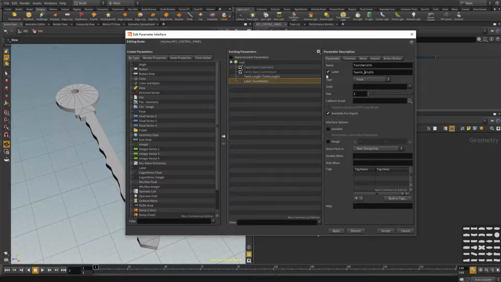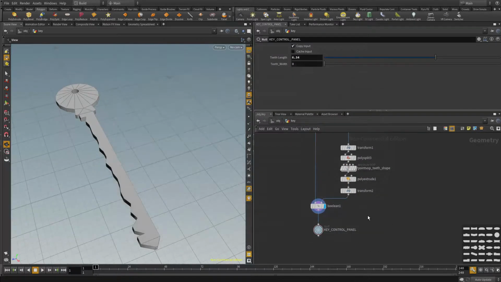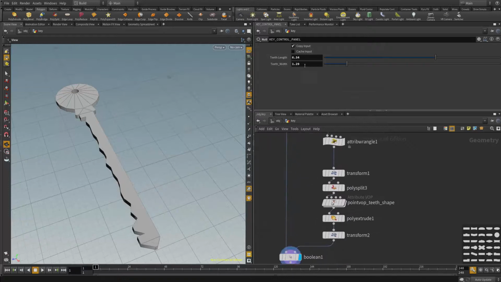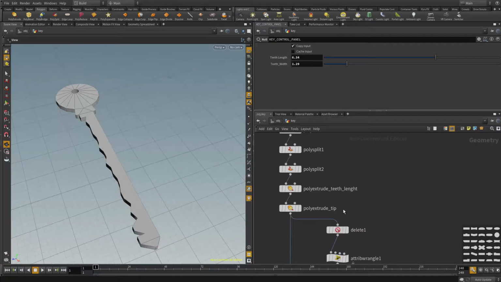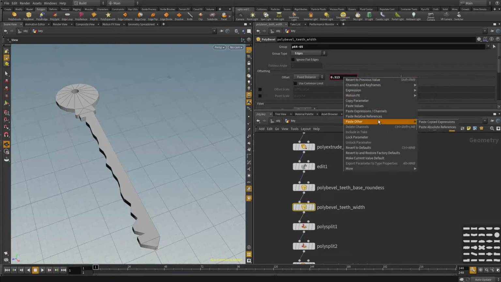I want to have an underscore just to make the label different from the name. Name is the internal attribute name. This is what's showing here. So I'm going to do accept here again. Now I have this teeth width, and I can go ahead and copy parameter, and I'm going to go for the width one,